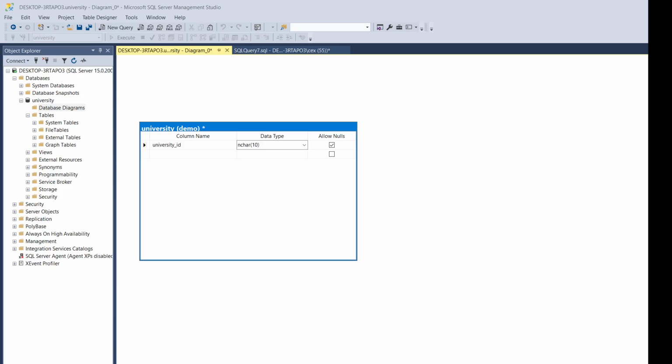Tinyint takes values from 0 to 255, and smallint takes values from minus 32,768 to plus 32,767. And likewise, the ranges of the other values are similar. In numeric data types, we also have float and real, which will take